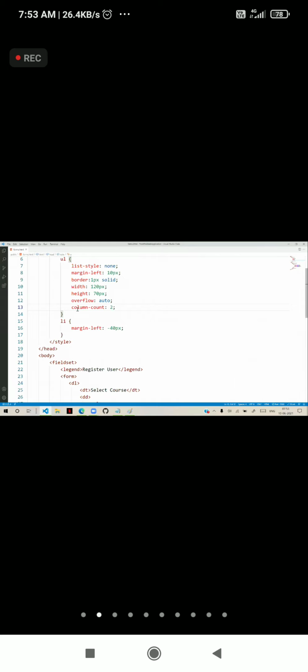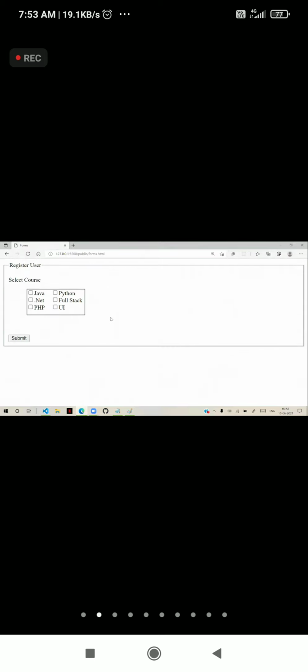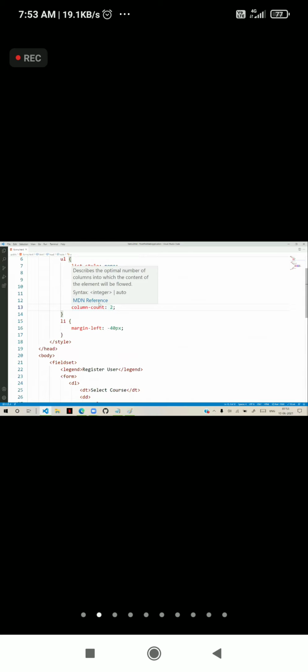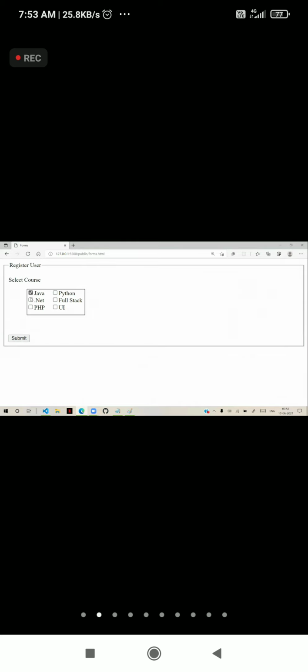Simply, you can define columns count 2, then it will display in 2 columns. Now, if there are more items, then because overflow is auto, a scroll bar will come automatically. So you can arrange your content side by side or one below another, with scroll bars, horizontal or vertical, depending on the number of contents you have inside it.